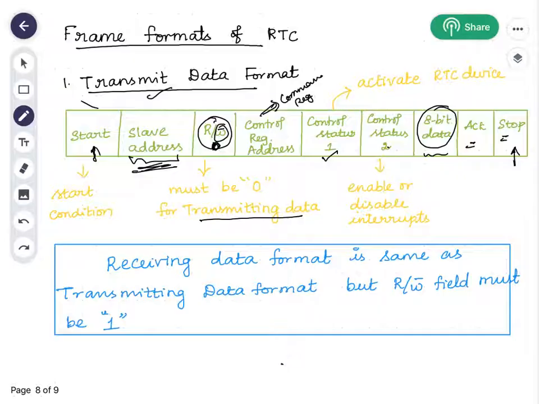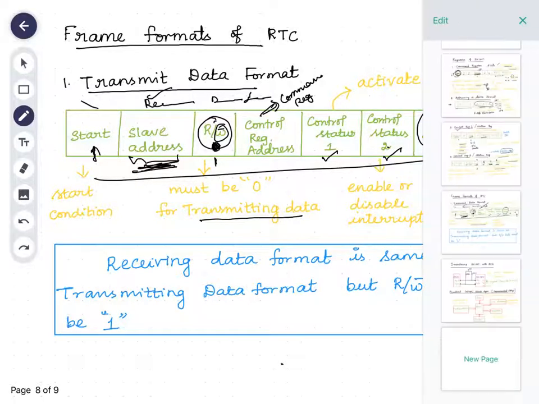This particular field will control the RTC and this particular field will control the interrupts. Similarly, receiving data has the same data format. Instead of 0 here, you are going to represent 1 for reading data from the slave device in case of the receiving data format.